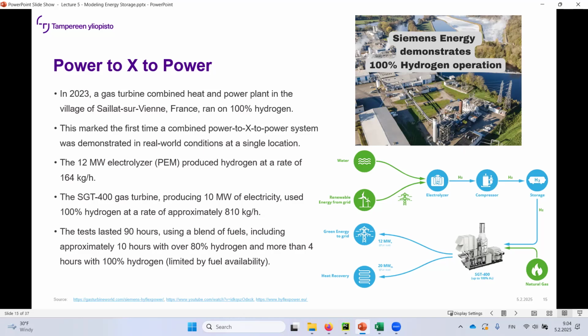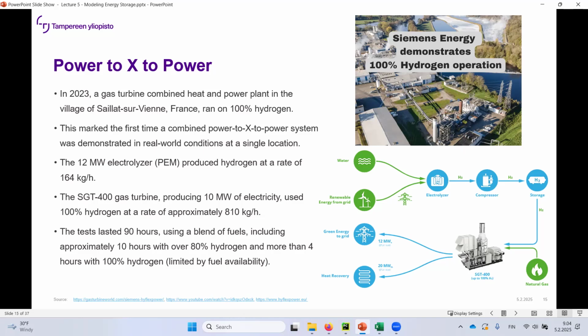So it's really free to be charged and discharged. It's not bound too tightly in that temporal range or spatial range as, for example, a battery energy storage. So that's most likely going to be the system of the future, but we're going to have to